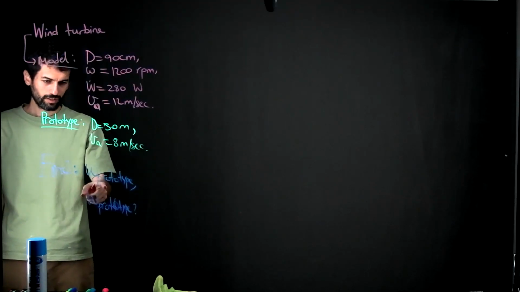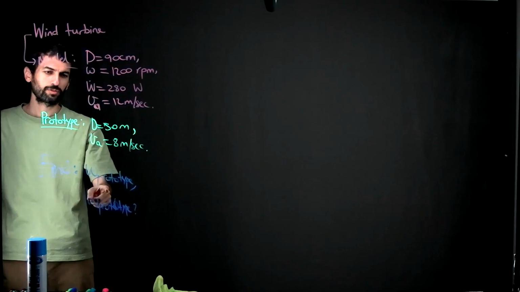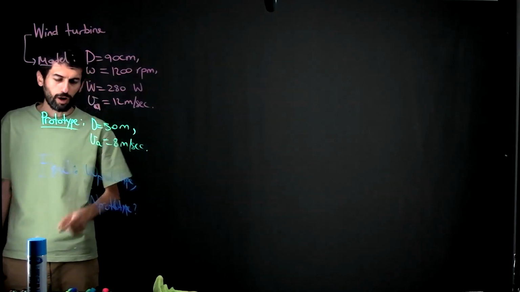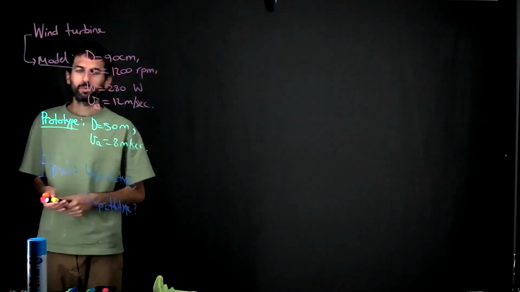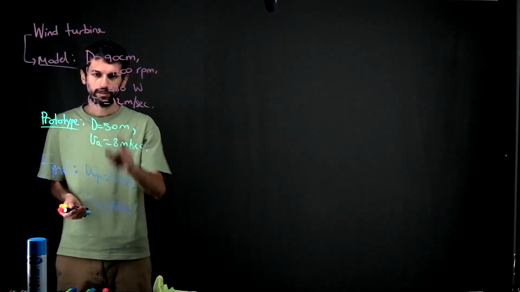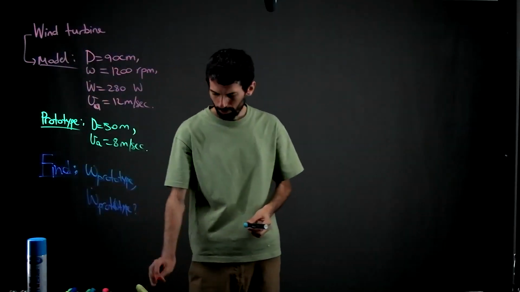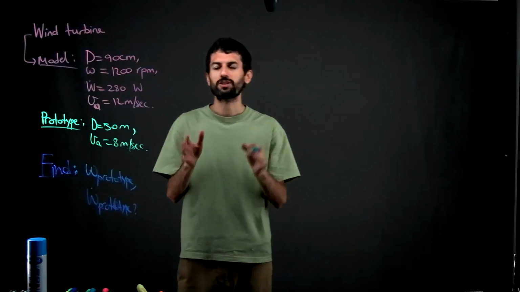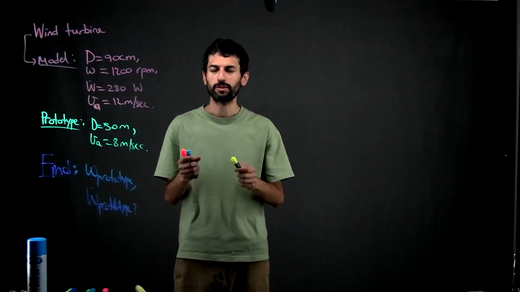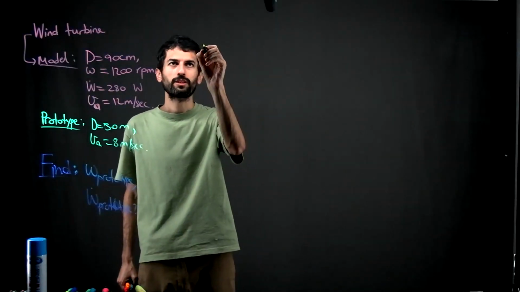It asks what is the omega, the rotational speed of the prototype, and the power of the prototype. So we will always assume that this prototype and the model are similar. Okay, so first, before we start the solution, I will try to generate the non-dimensional numbers and then apply them to the problem. So I will say that step 1